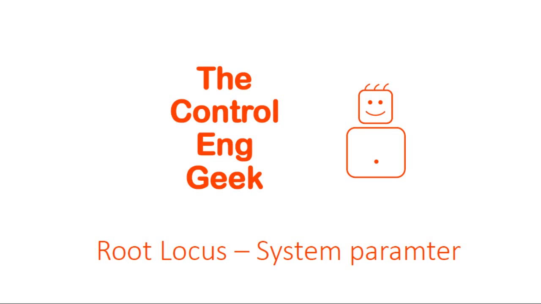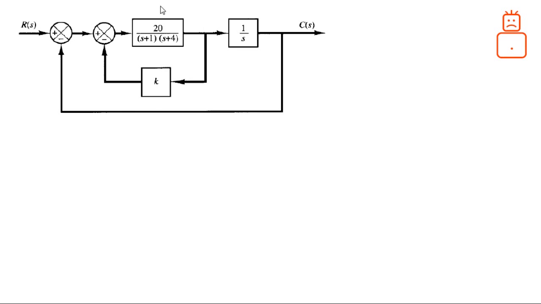Today we are going to draw root locus for a variation in a system parameter. Let's assume that we have this system here. We have this parameter k that we need to know, if it varies from 0 to infinity, how it will affect the pole-zero map of this system here. As you can see here, we need to know the open loop gain of the system, or open loop transfer